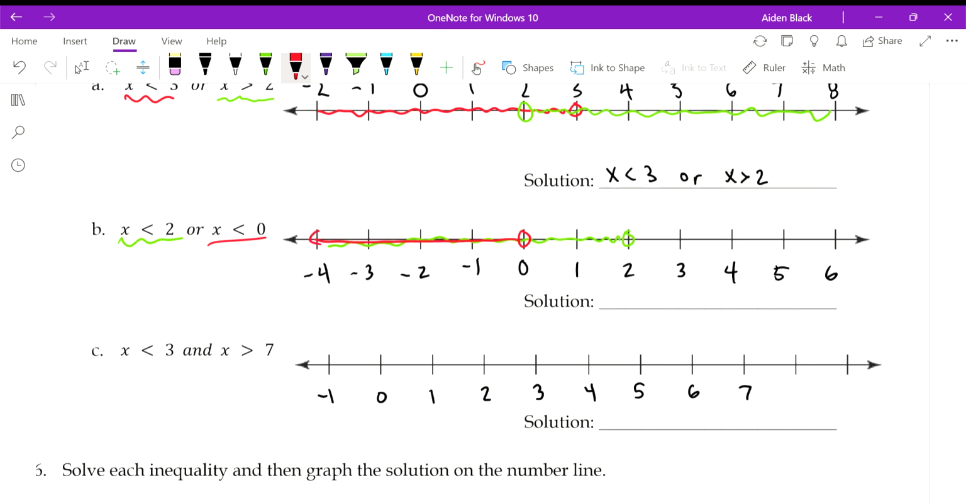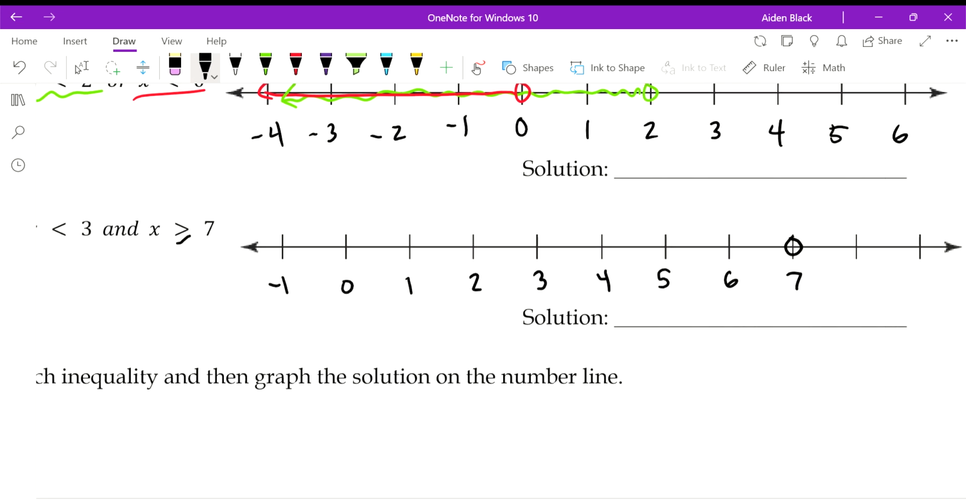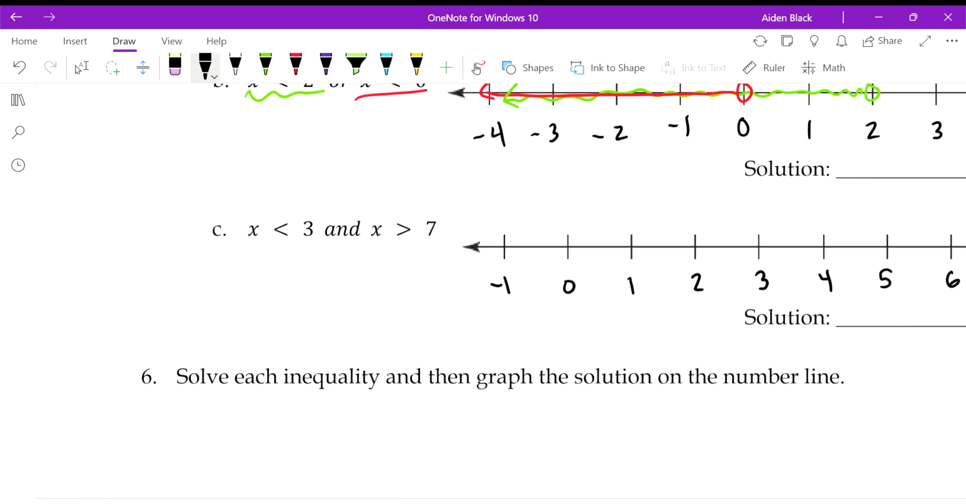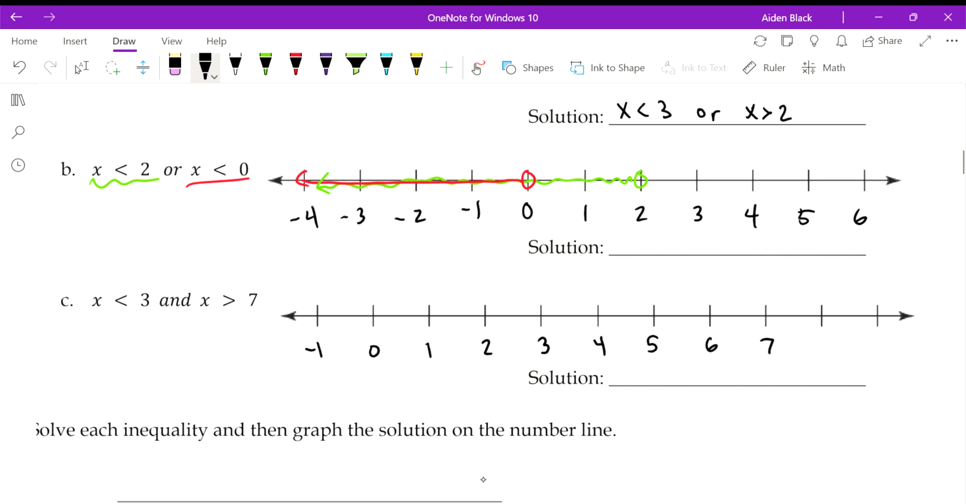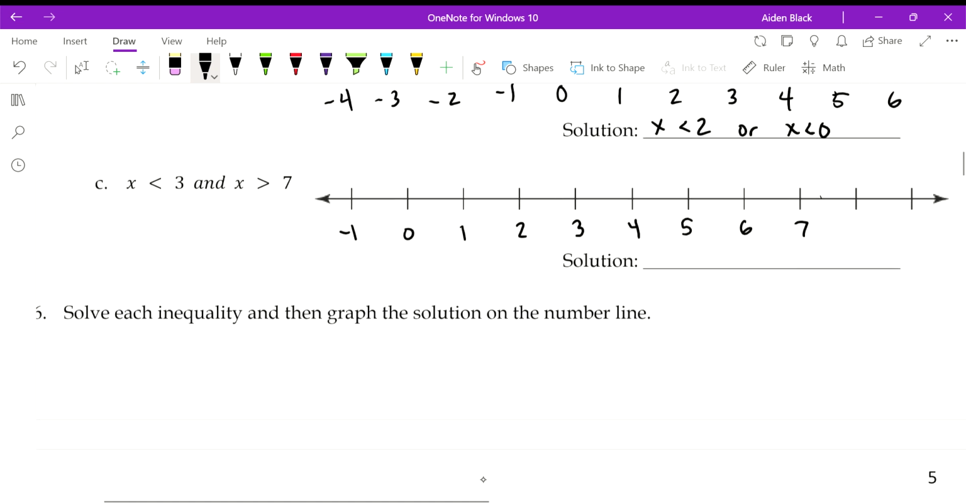And remember, when it's just a less than or a greater than, you keep your circle open. It's only when you have, like let's say down here you had x is greater than or equal to 7, you would close that circle. Okay. So for this one, let's make sure we put the solution. And then here for this one we have